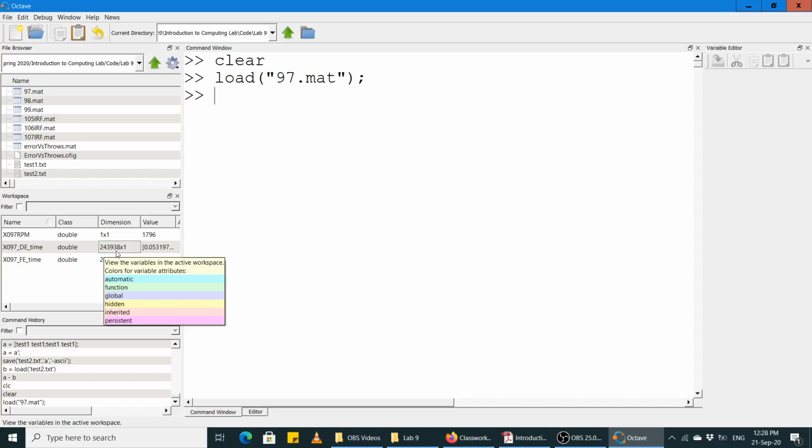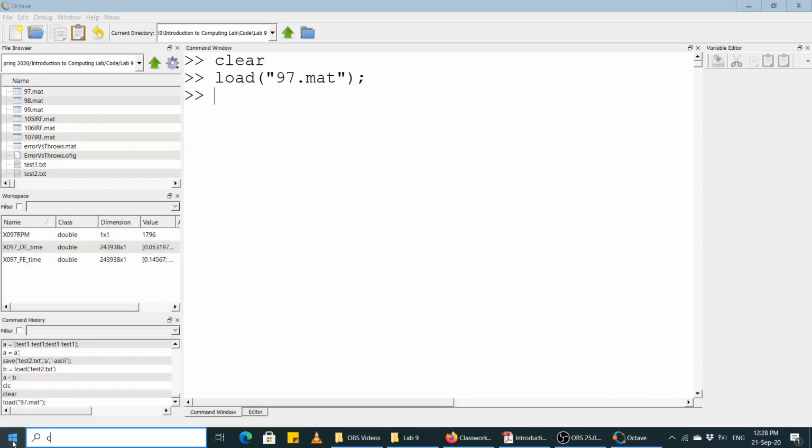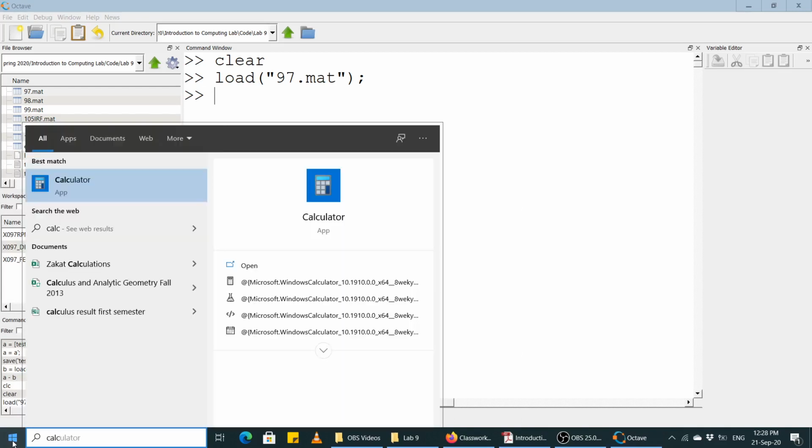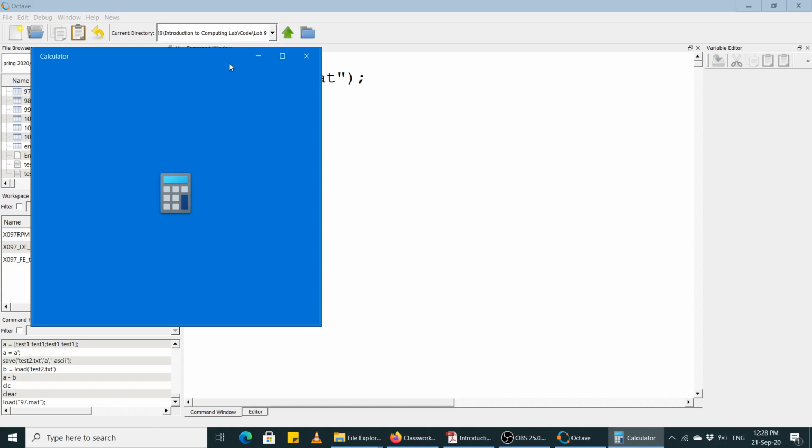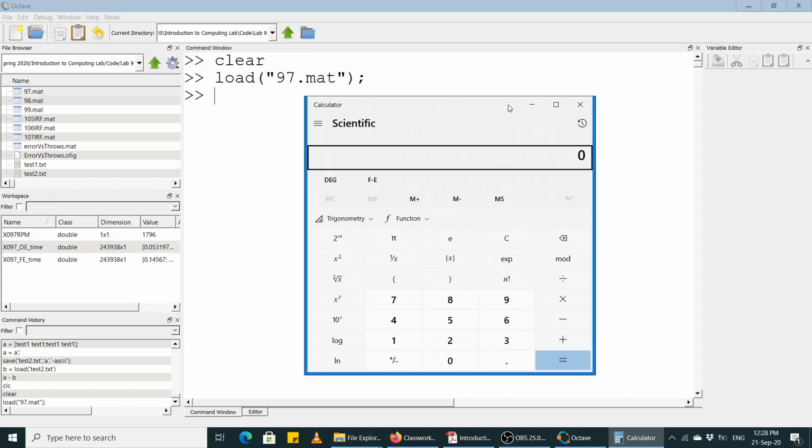So there was a bearing rotating at 1796 revolutions per minute, and for that bearing 243,938 readings were recorded. As I mentioned earlier, these measurements were taken at a rate of 12,000 samples per second. If we divide the number of total samples, one sample being basically one measurement of your quantity of interest,